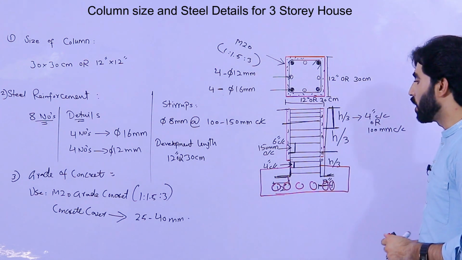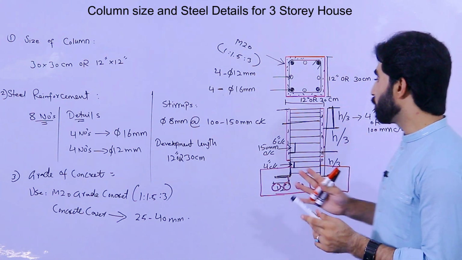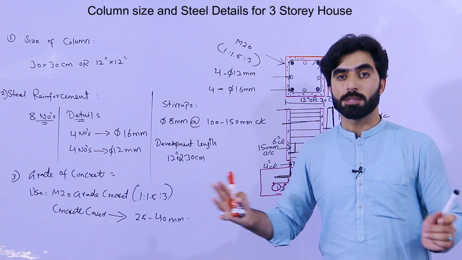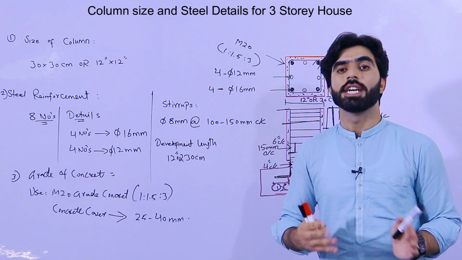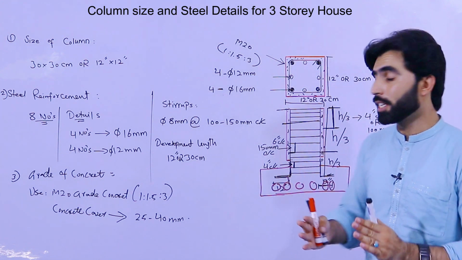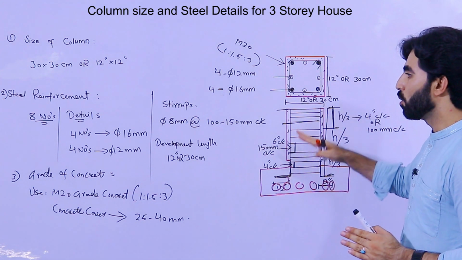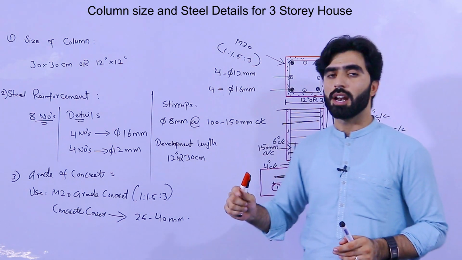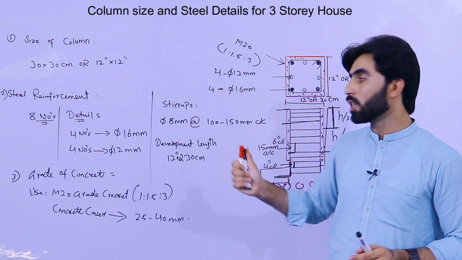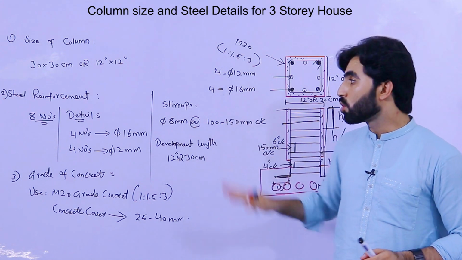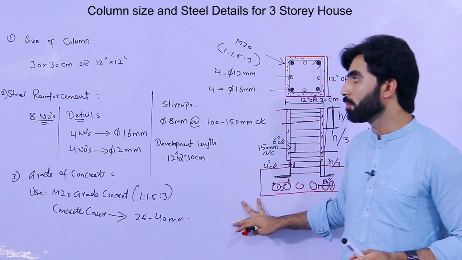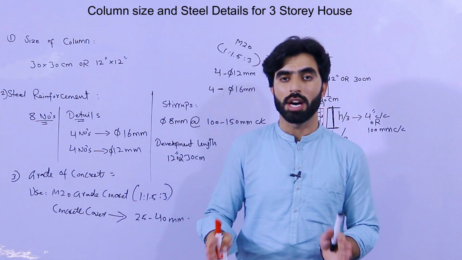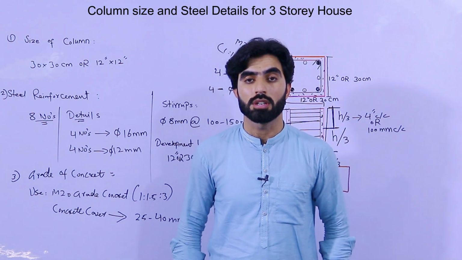Here you will also have a question: what should be the spacing of 2 columns? With this size of column, you can keep the spacing of 2 columns up to 18 feet. This design which I have discussed in front of you is safe. I have already done this design for one of my projects, and last month I did its construction; the design and everything was done by me. Therefore I discussed with you what the size and steel reinforcement should be for G plus 2-story or 3-story domestic building, not for a commercial building.